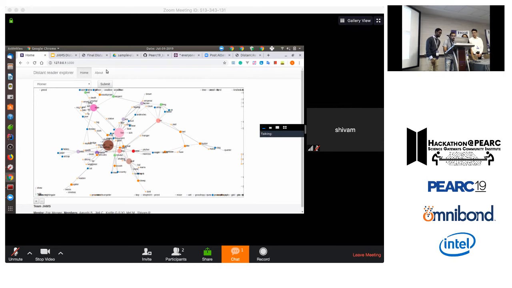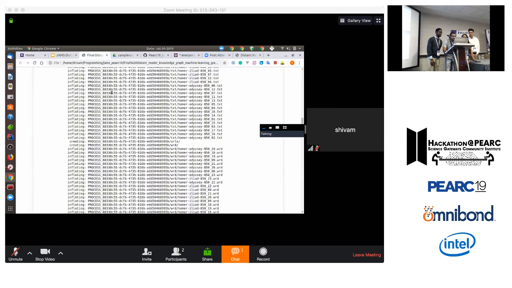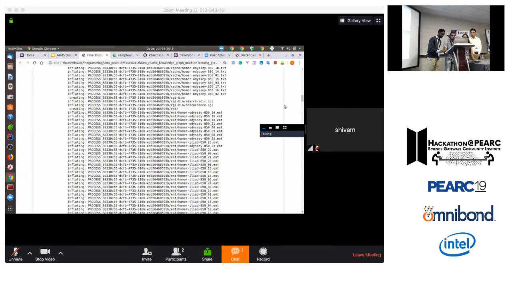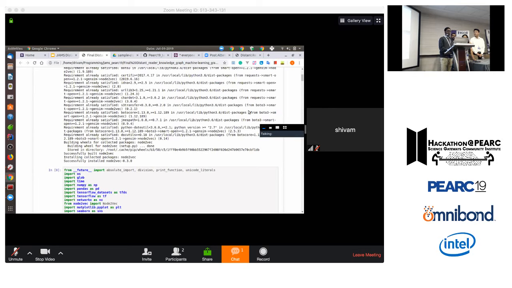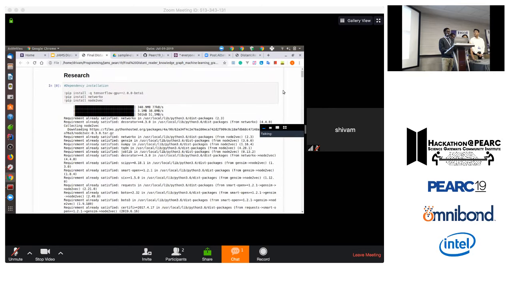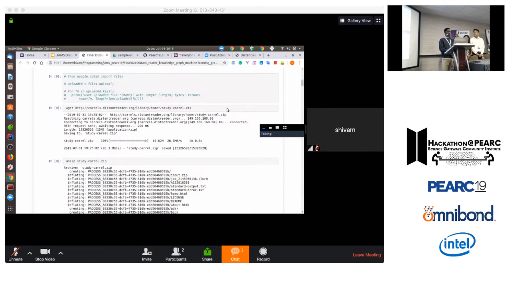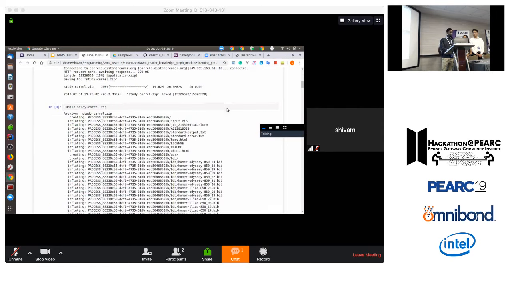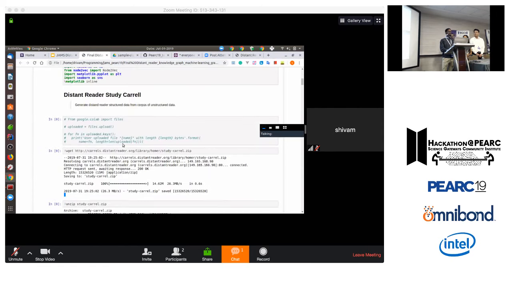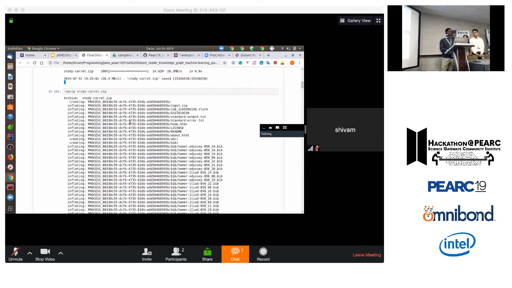So we are quickly going to walk through the Jupyter notebook that these guys have been using for NLP and NetworkX processing. Literally what we did here is we made it really simple to the point where later you'll be able to pretty much choose your study carrel, which comes in a zip. In this case we're just downloading Homer straight from the Distant Reader website, and then we unzip the study carrel,